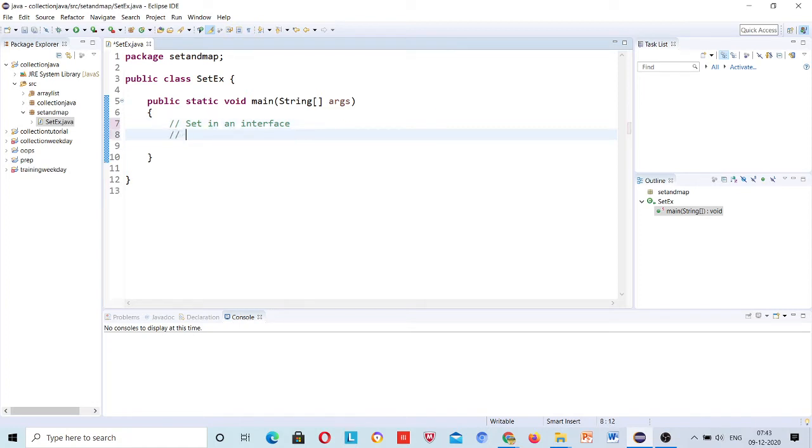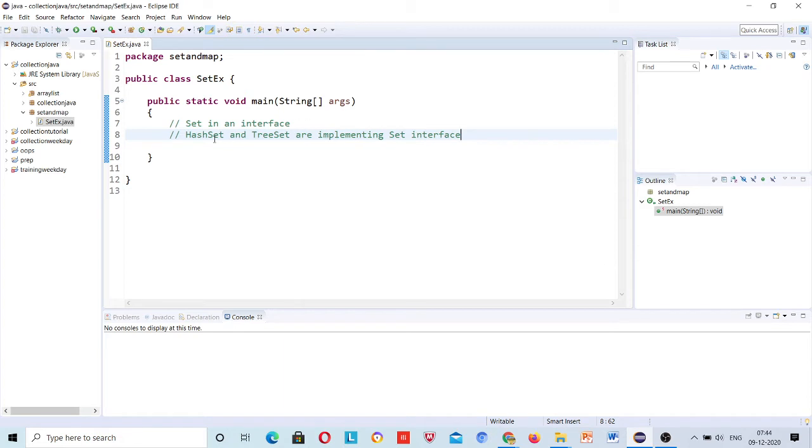So HashSet and TreeSet are implementing the set interface, right? So these two classes are implementing the set interface.